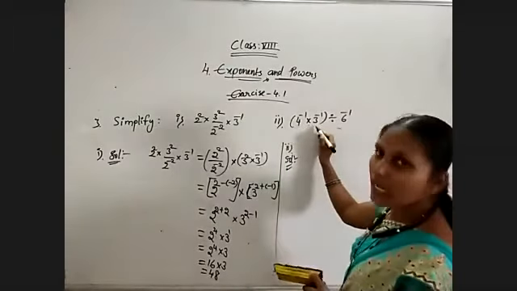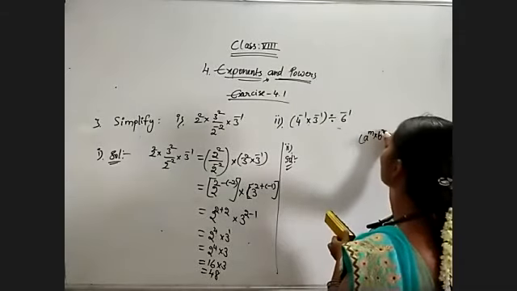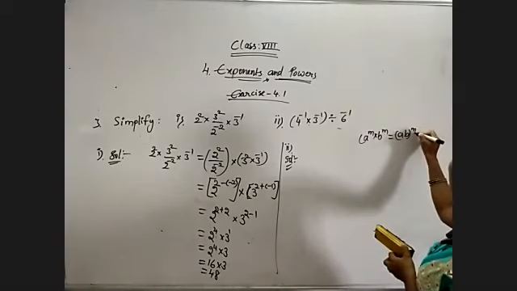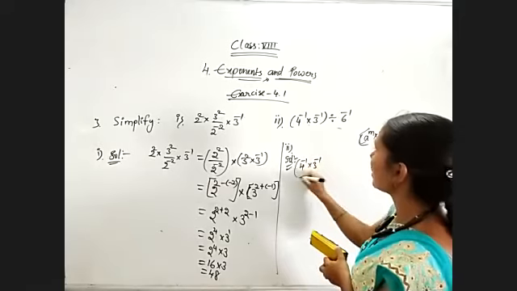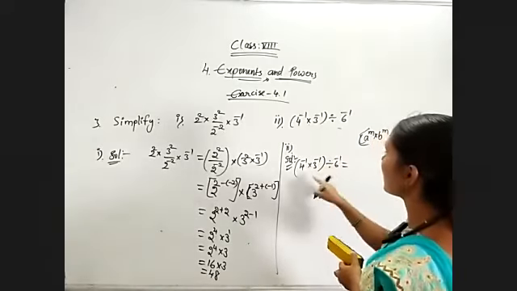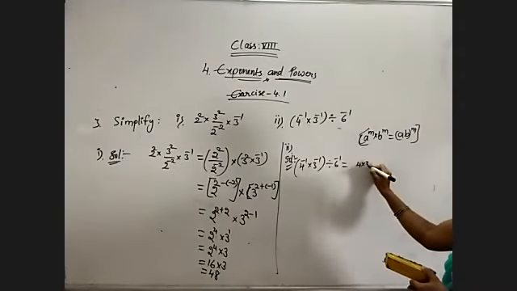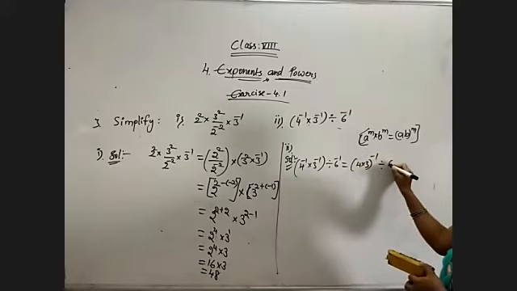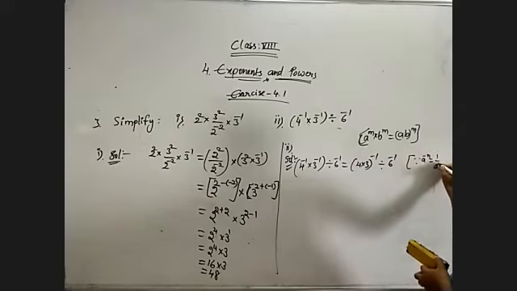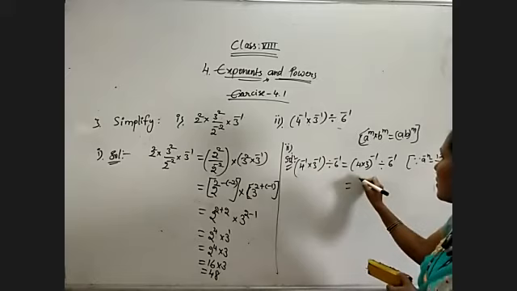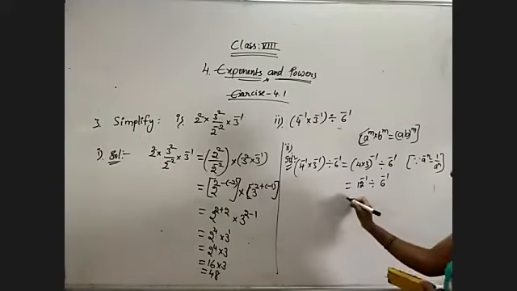Because these are separately having the same exponent, use the formula a power m into b power m is equal to ab whole power m. Now what will I get? 4 power minus 1 into 3 power minus 1 divided by 6 power minus 1 is equal to, a power m into b power m is ab whole power m, that is 4 into 3 whole power minus 1 divided by 6 power minus 1. Now use the formula a power minus n is equal to 1 by a power n. So which is equal to 12 to the power of minus 1 divided by 6 to the power of minus 1. Simplify now.